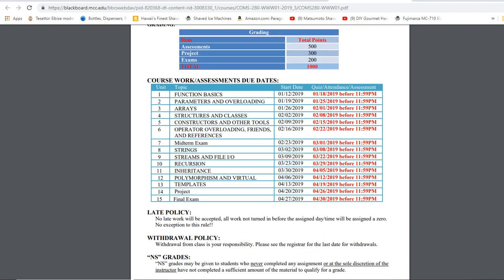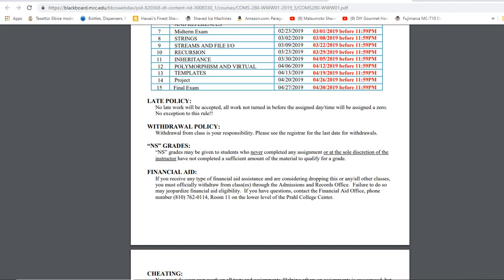This includes turning in the assignments or any quiz that I assign you, and attendance, etc. Late policy, I usually don't accept late work except if something major happens, and hopefully nothing major will happen to you or your family. Hopefully 2019 will bring a lot of happiness and success to you guys. Please let me know as soon as possible. We'll work around the policy of what the university policies are, that we have new policies, and we'll figure something out.